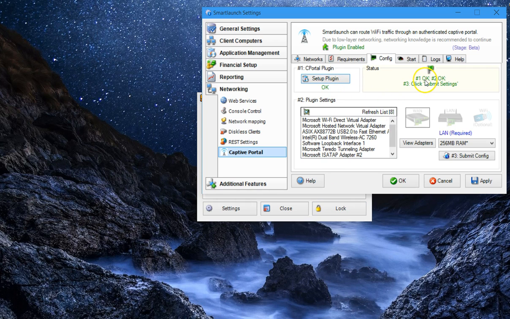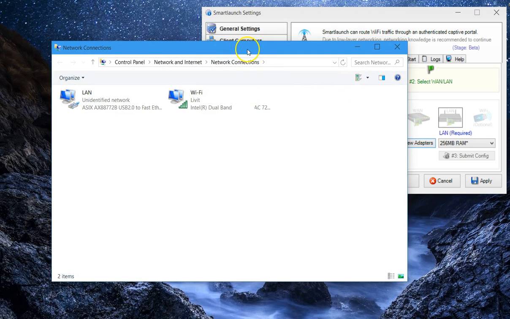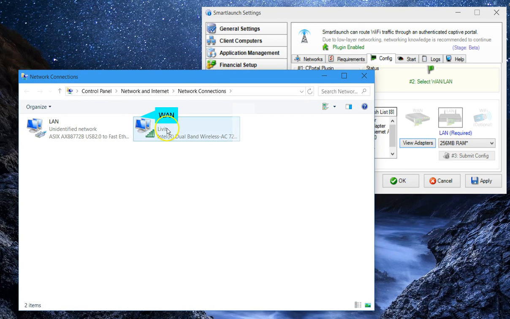After you're done, it'll ask us to choose a WAN and a LAN. And so if I start with a LAN, if we look back at view adapters, we open this back up. I'm using Windows 10 right now, so for this example, it keeps renaming my WAN to Wi-Fi, but that's okay, as long as I remember it. Okay, so my LAN is named LAN, and you can see the description says A6AX something something. So I'm going to go back here,